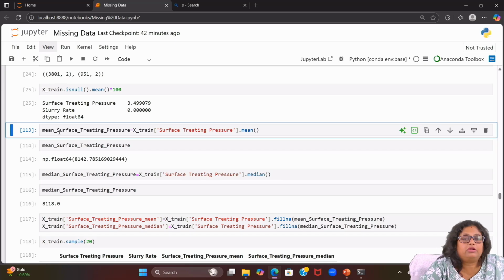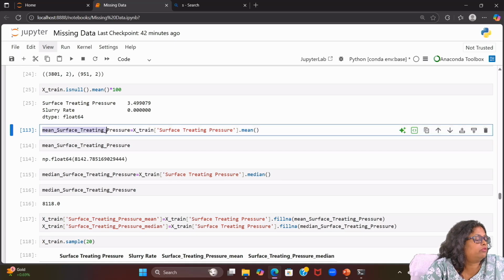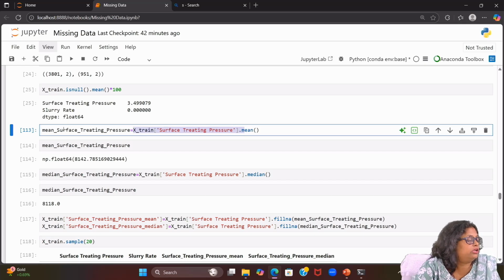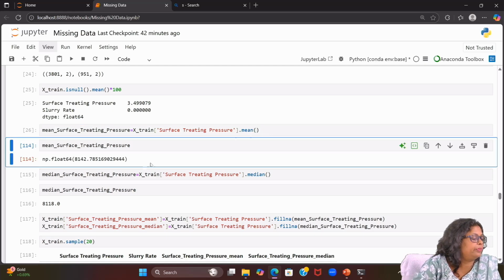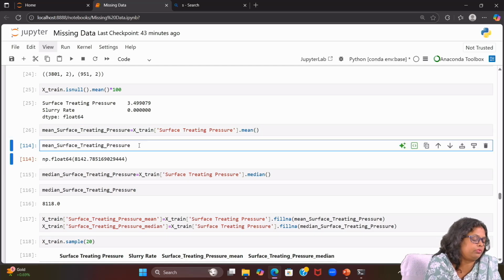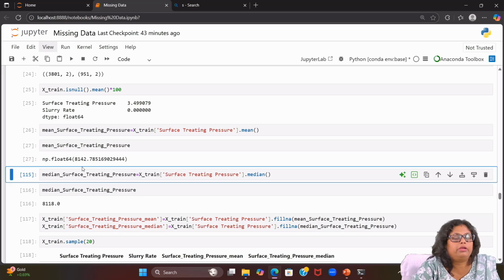First we are going to calculate the mean and put it in a variable. For X_train, for the corresponding column surface treating pressure, we calculate the mean using this code and put it into the variable mean_surface_treating_pressure. Let's run and check this value. Now we have a value 8142.